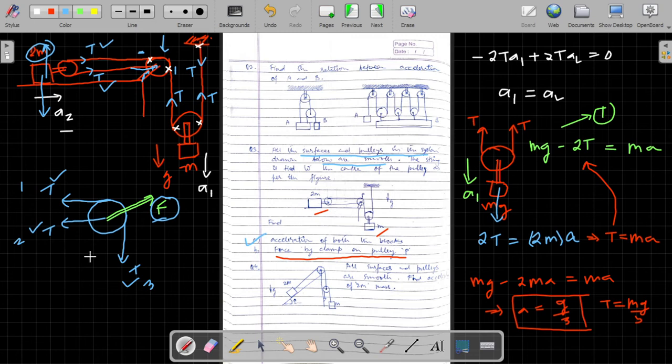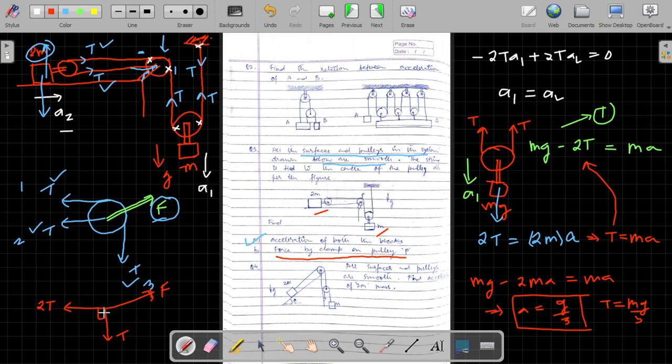And what is the angle between these forces? If we sum these two, since they are in the same direction, these two forces can be added to be 2T. They are horizontal. The third force is vertically downwards. We have to just find the value of F, not its direction. So the angle between these two forces is 90 degrees, so we can say that they can be summed using the Pythagoras theorem.